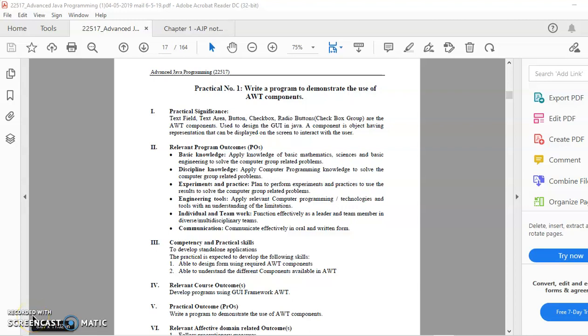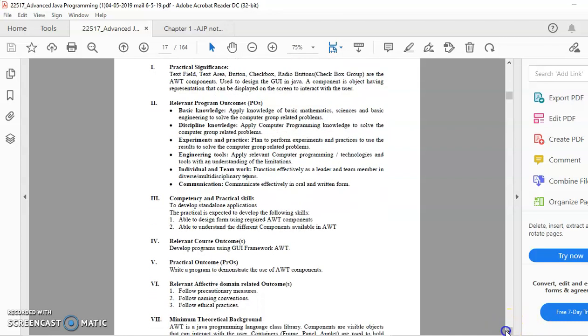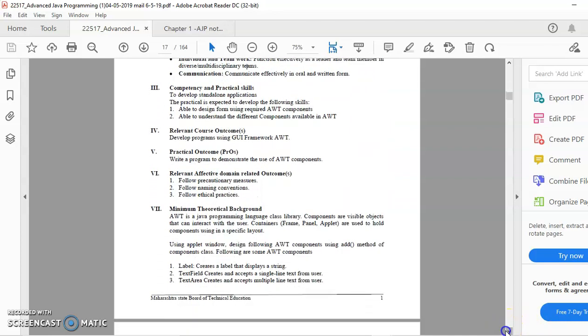Hello, good morning. Today we'll be seeing Advanced Java Programming experiment number 1, which is regarding demonstration of various AWT components. This is the first practical, which says we need to write programs in order to demonstrate various AWT components. As we already know, there are various types of AWT controls or components like label, button, checkbox, radio button, list, choice, etc. So let's quickly look at the programs given in this practical so that we can write the code for those programs and run it.